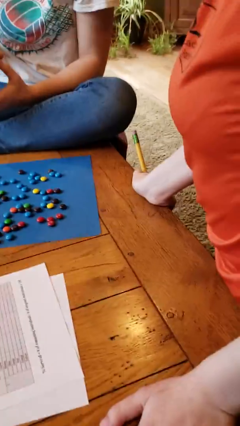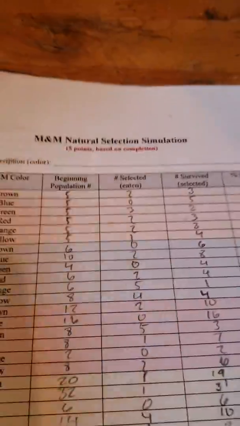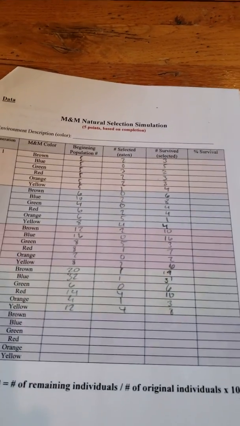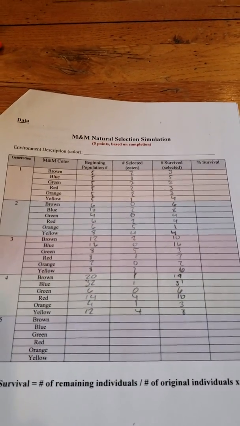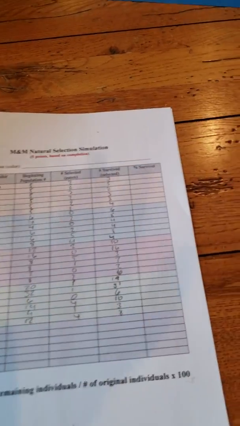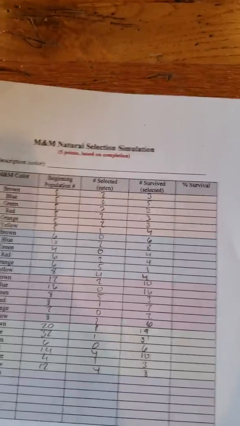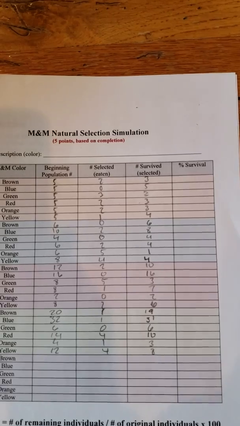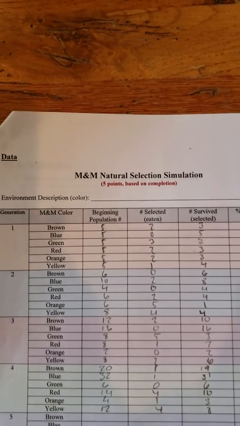Okay, so we only made it through 4 generations, which is totally fine because we ran out of brown M&Ms. I think we have another package of M&Ms up in the cabinet. No, we don't. No, this is good. You get the idea. Okay, so now we need to figure out the percent survival of each color